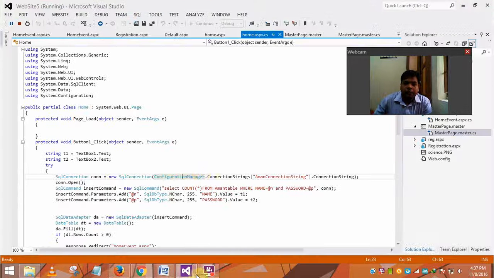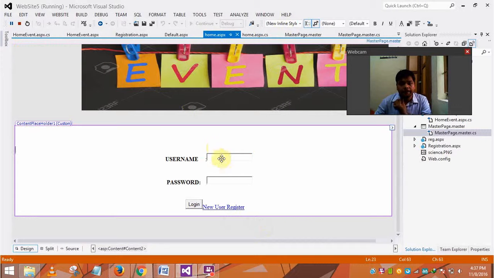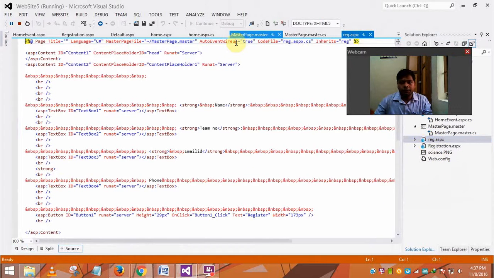Here, in Visual Studio, the web-based application is used for creating static and dynamic websites, and in the main course here, this is a form which we used to create, and this is a backend page. This will be used to create the coding backend part, and it will be used to